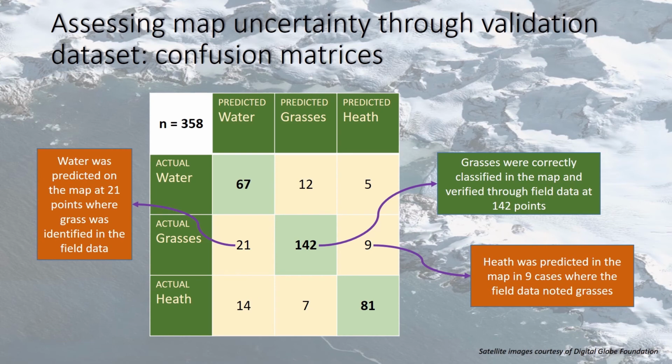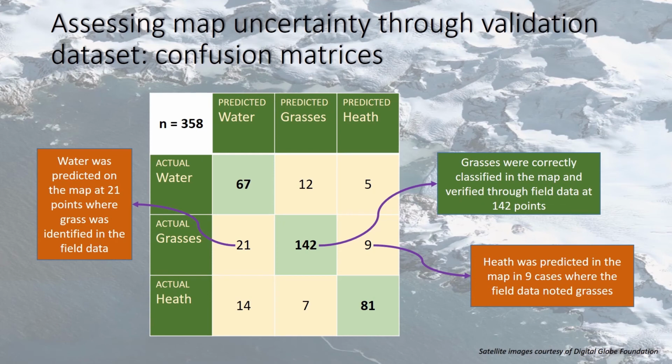So for each class, you'll record the actual number of ground truth water points, and then you'll take what was predicted, the classification that was predicted on the map for each of those points, and you will check. So like